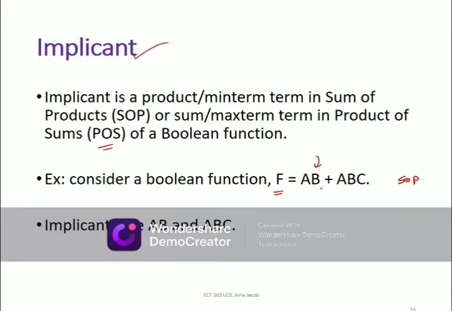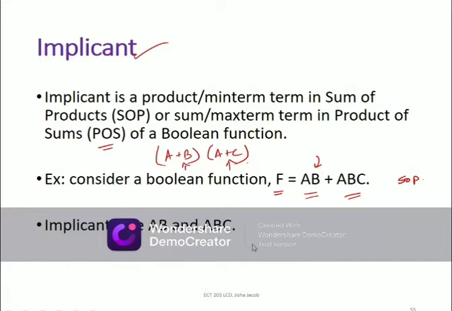In this case, AB is one term, ABC is another term. It is a product term. It is not necessarily a min term. Whatever it be, the implicant is each term of the Boolean function. So even in the case of POS, like a function like this, (A plus B)(A plus C), A plus B is an implicant. A plus C is also another implicant. As you may have noticed, implicants are a very general way of categorizing terms inside a Boolean function.